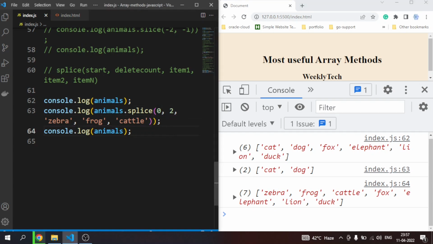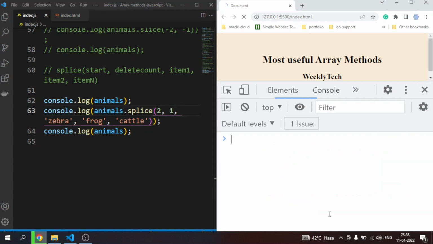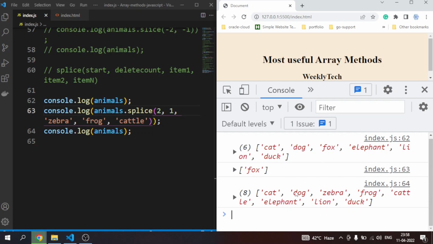Okay, so if I want to remove two elements from the 0th index, I'll give it like this. And if I want to remove only one element from the second index, I give it like this: remove only one element from the second index, so 0, 1 and 2, and remove that fox only, and keep dog and elephant, and the rest is still intact. So it removed fox, and in place of fox I'll have zebra, frog and cattle, and then